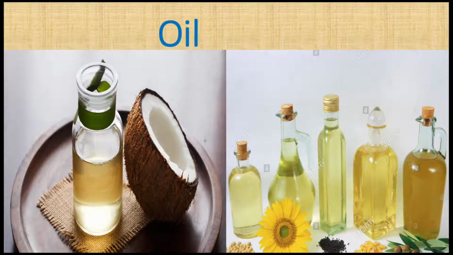Then sunflower oil is obtained from sunflower. Look at the picture. You can see the sunflower. Yes. Then coconut oil. You can see coconut fruit kept there. Yes, you get oil from the coconut fruit. Then almond oil, that is badam. Oil is very useful in cooking food. We also apply oil on our hair and body. So remember, boys, oil too is obtained from plants.